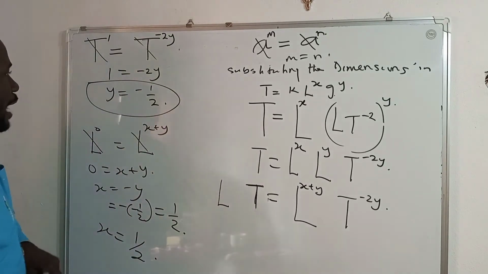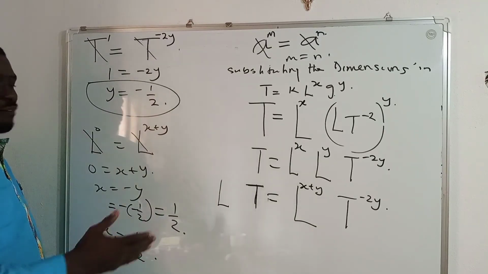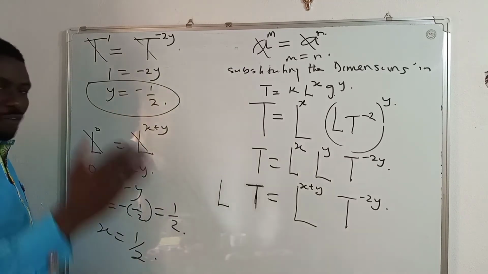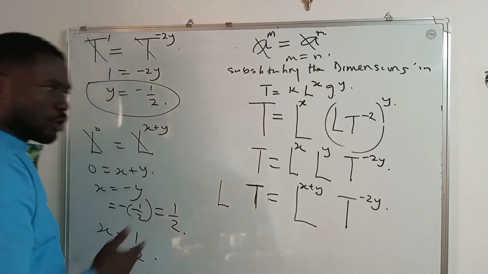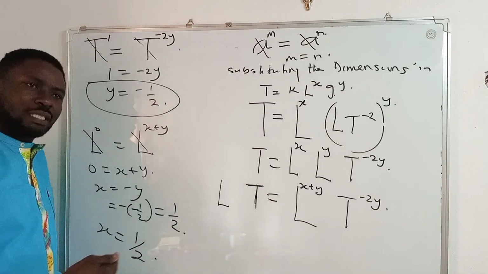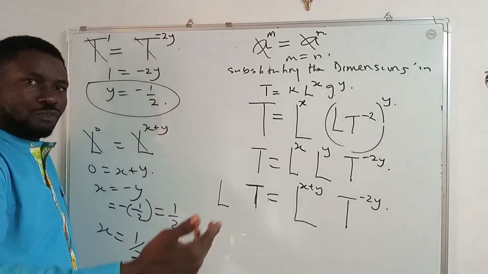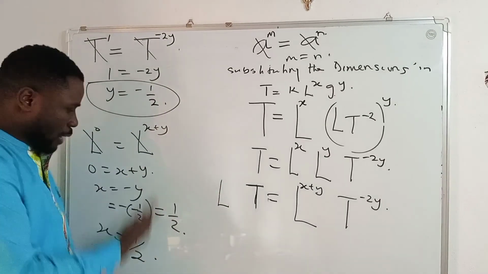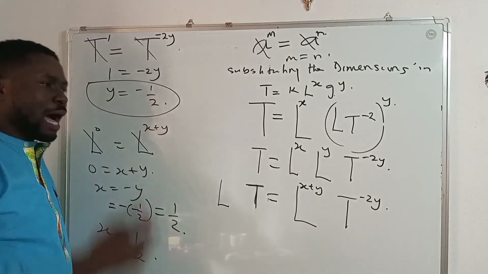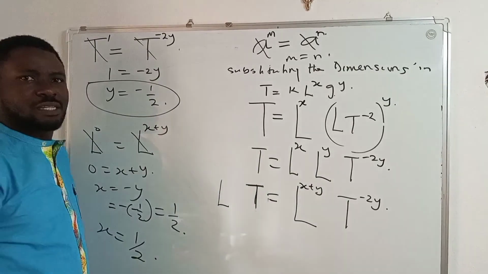We can see that from this question, from what we have done, we now know the value of x as 1 all over 2. We know the value of y as what? Minus 1 all over 2. So, why I like this very question is because this question tells you how to derive a formula and also how to find unknown values, like unknown variables, like we have here x, y. Sometimes they will give an equation that will have x, y, and z. The process is the same. The sequence is the same.